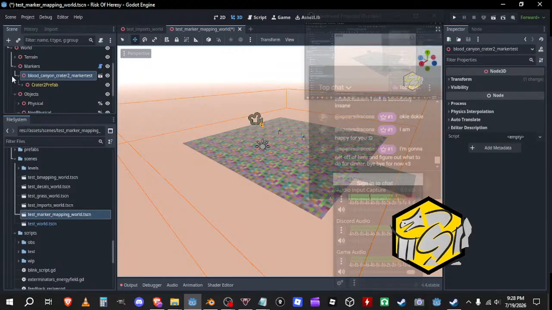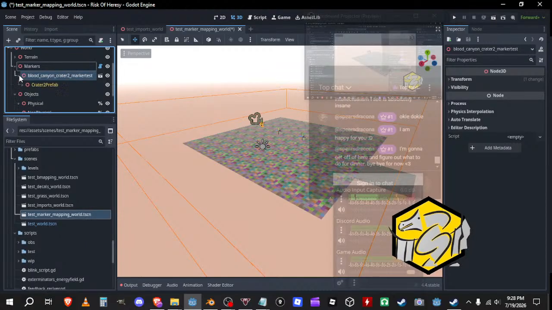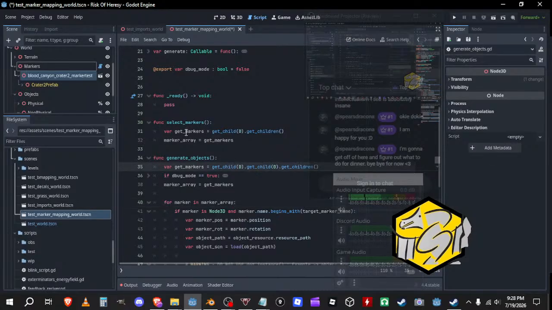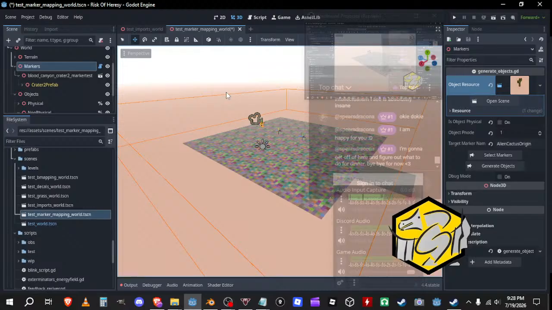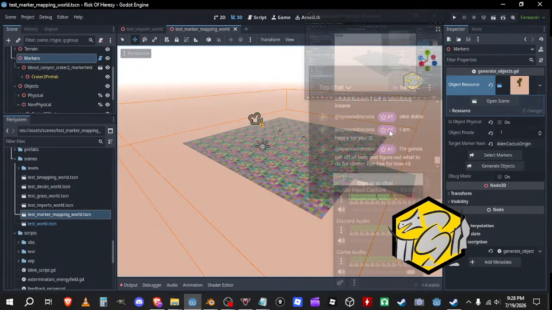Although the file name is messed up. I need to fix that. I don't know why it's doing that. So this file's messed up. I have to fix it. And I have to fix it in the code as well because it says get child twice, which is also annoying, but whatever. So save scene. We're going to generate it back because, well, I know it works now. I can do the whole map. So next